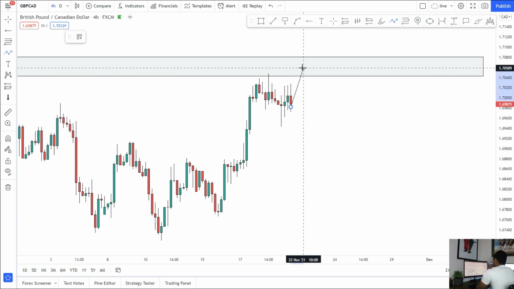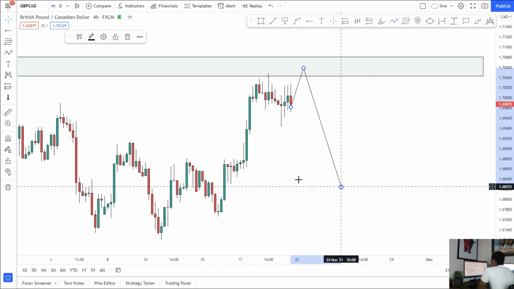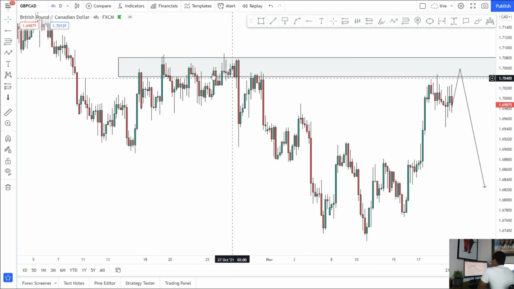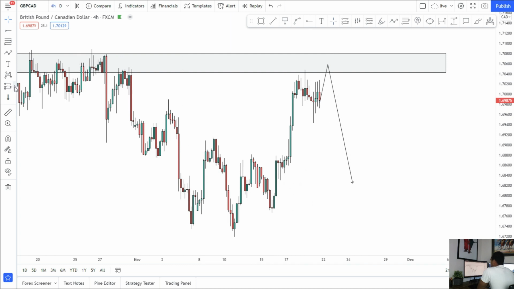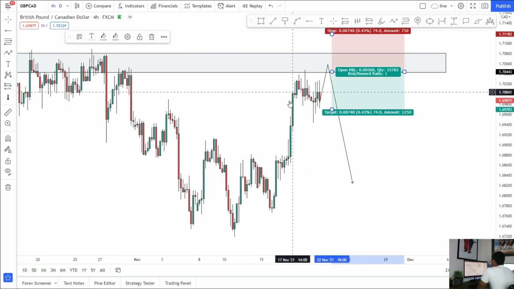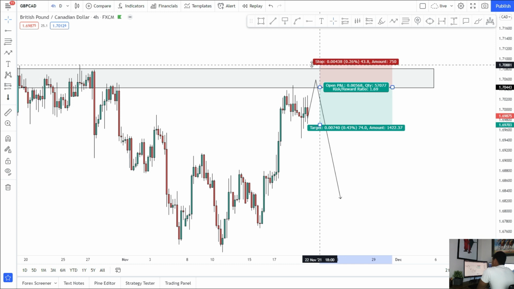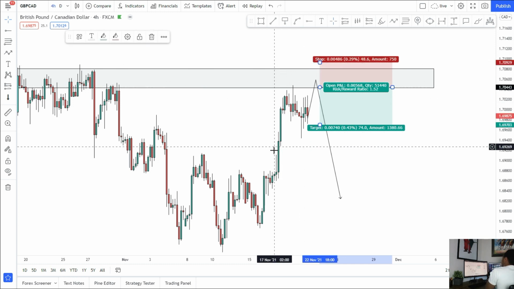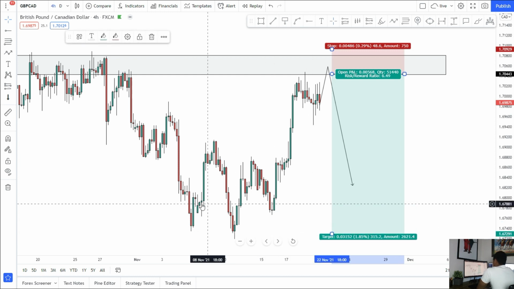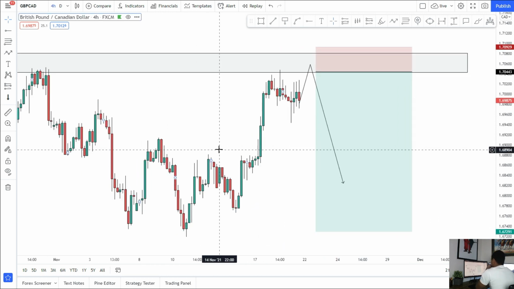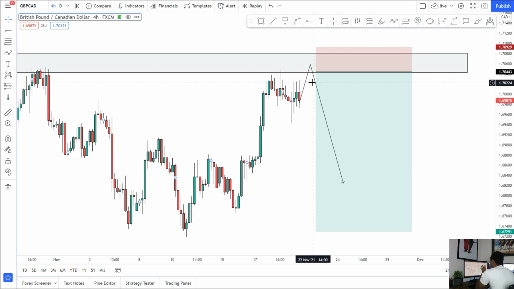We'll probably see another push in, so we'll look to see if we can hold this area as resistance, and if we do, we'll be looking for sells to the downside. You can see last time here we got rejection from this area, so if we can do that again, that will be great, and we'll be looking for sells from this area as well, understanding that the higher time frames momentum is still overall bearish, and we can be seeing a push to the downside to these lows. So that's what we're looking for on pound CAD, just another swing to the downside, a retest of that, and then